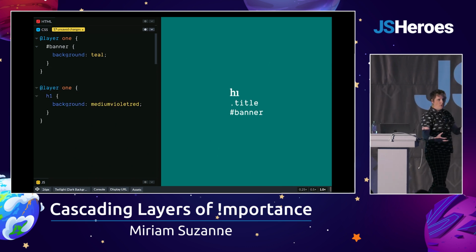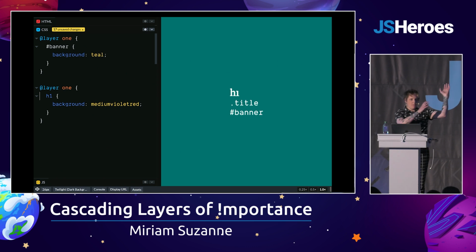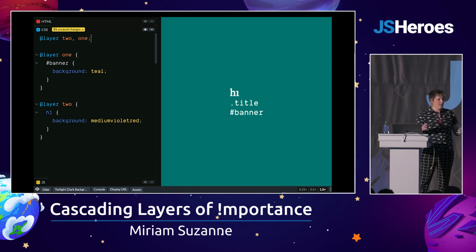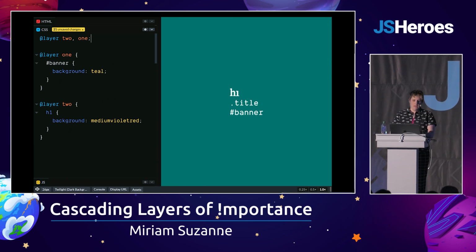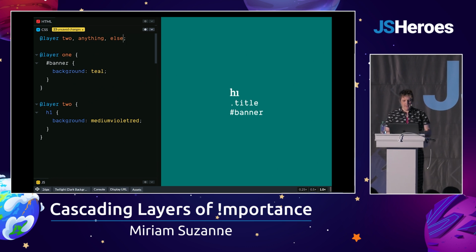We can come back to layers. So the order of our code doesn't need to matter as much anymore because we can take things later in the document and put them into earlier layers if we want to. But we can also, so let's say that this is layer 2, we can also say up front that we want layer 2 to come first. And we're just introducing our layer order right at the start. We can introduce whatever layers we want, and if new layers are introduced later, they'll just get added to the stack when they're introduced.